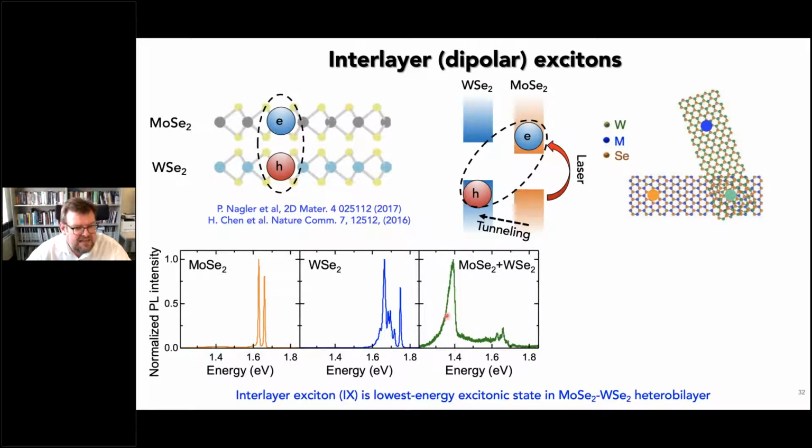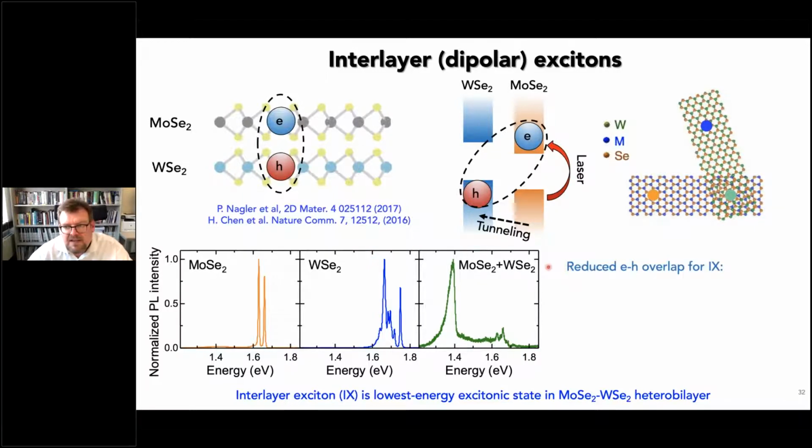So this peak here, this green one, this is this low energy transition. And actually, I won't show you data, but if you measure the lifetime of this, its lifetime can be tens or hundreds of nanoseconds because of this spatially indirect property. So it basically forms very quickly, it lives for a very long time, and each exciton interacts with every other exciton. And this is very interesting if you want to look at dipolar exciton gases and how they interact with